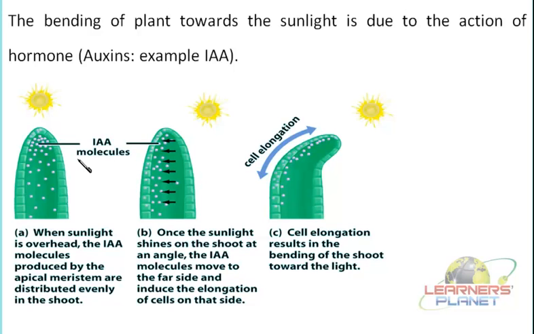So what happens now? These IAA molecules, or the auxins which are secreted here, under the influence of sunlight, see, if the sunlight is coming from this particular direction, these auxins tend to move towards the opposite direction. So now what will happen? As they move towards the opposite direction, the site where these hormones are now present, over there more and more cell elongation will take place, then cell division or differentiation, due to which it will increase the size.